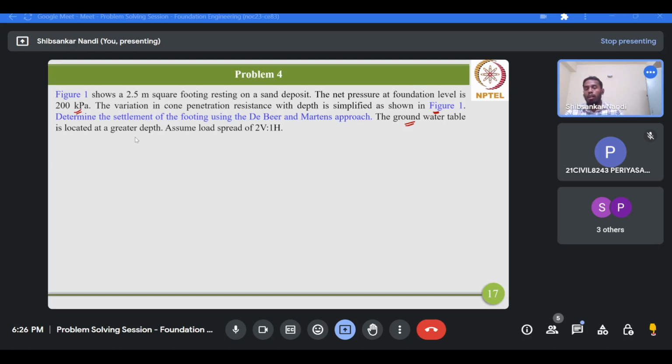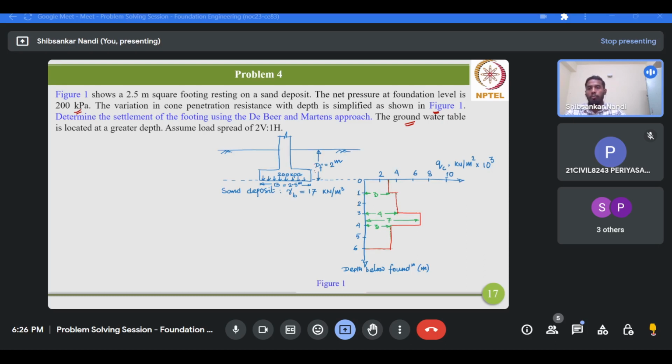Now, what is depicted in figure 1? First of all, it gives the information about the footing geometry. That means what is the depth of the footing, what is the width of the footing, and how much net load is acting at the foundation level. Then it gives the variation of the cone penetration resistance along depth below the foundation level